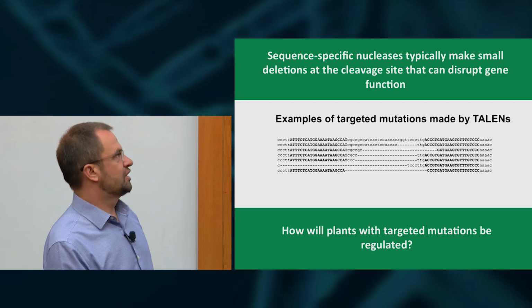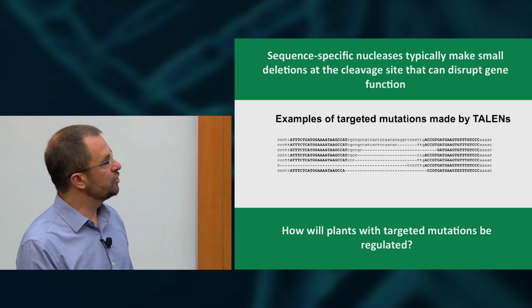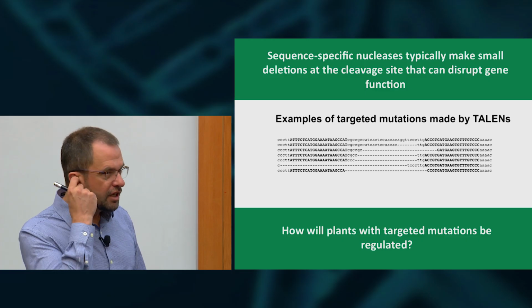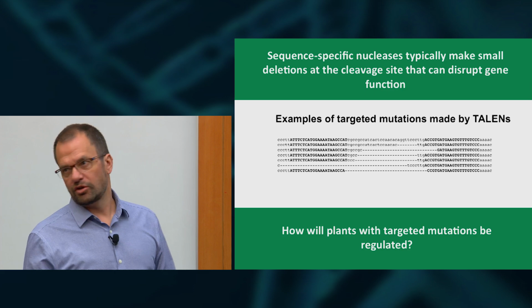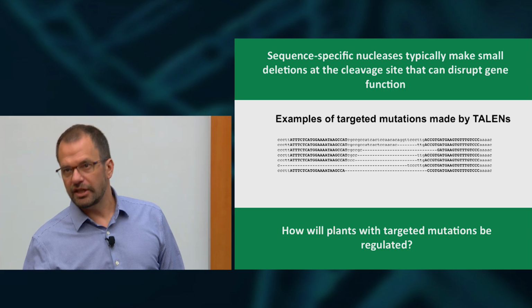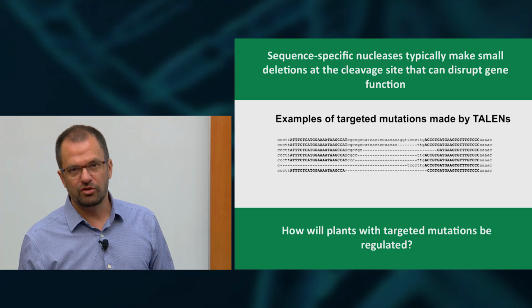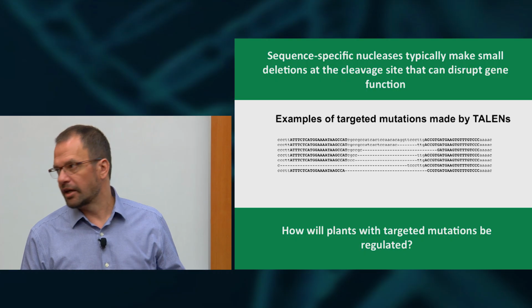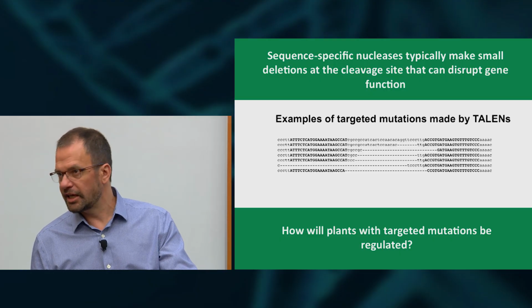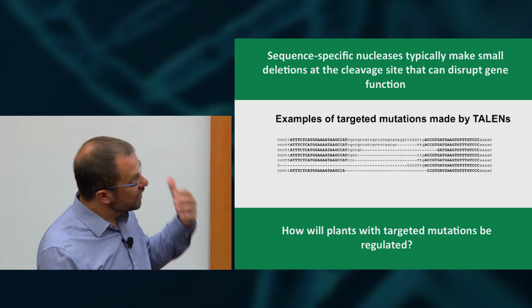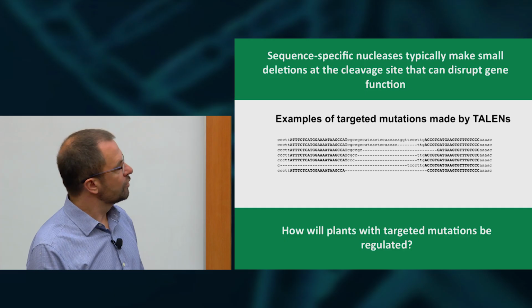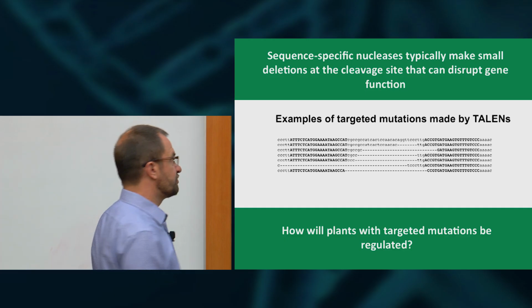And I just show this slide to remind you of the types of modifications that are introduced through non-homologous end joining, small deletions at the break site. But for a food crop that's going to be introduced into the field and into the food supply, this is a new way of doing business, right? The GM plants that I'm currently talking about all have foreign DNA inserted into them, and now we have applied genetic engineering and biotechnology to create a plant that really only has a handful of nucleotides removed from the target site.